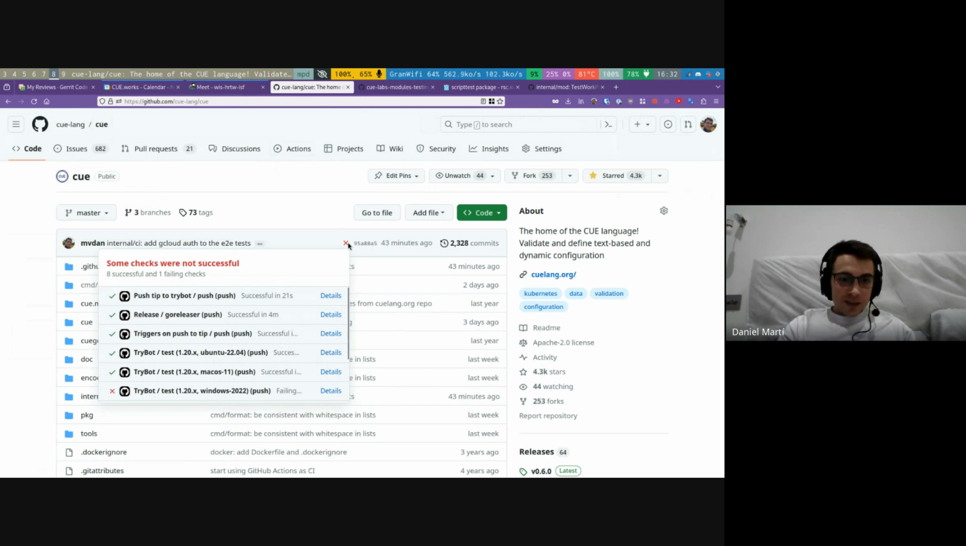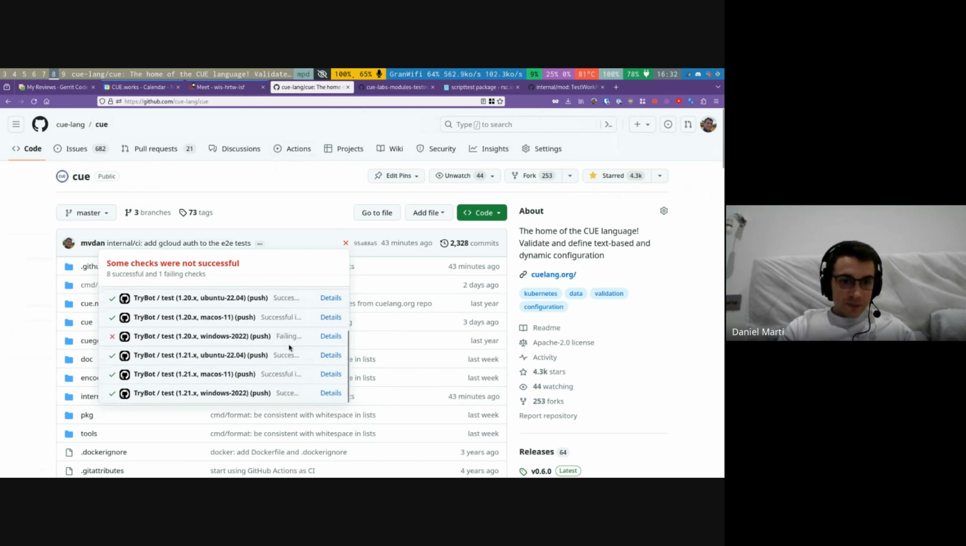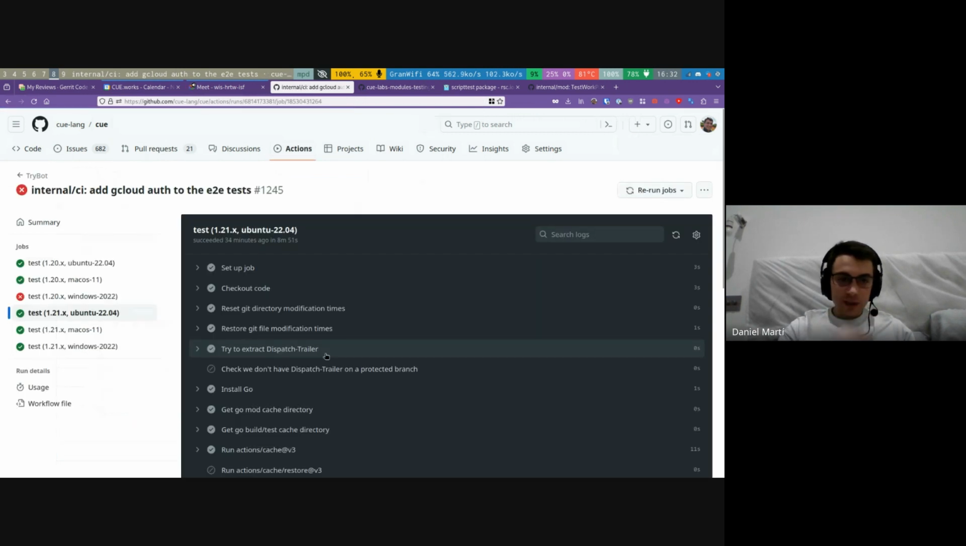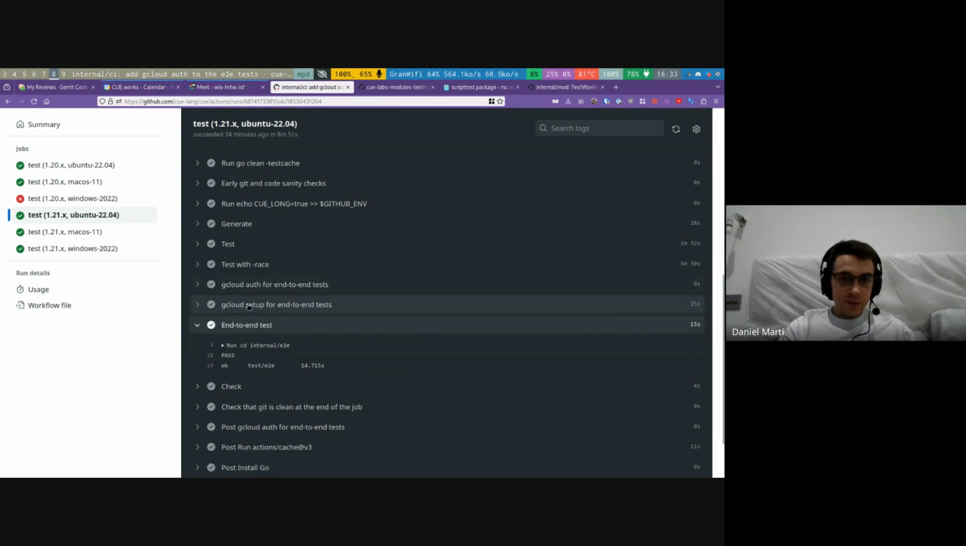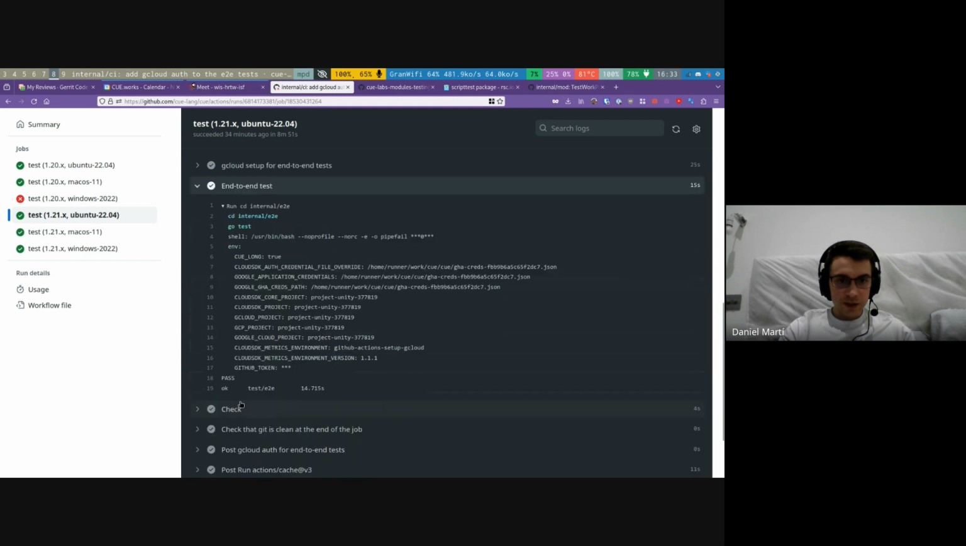But if you go to our latest master commit and you look at what Linux on the latest Go version is doing, there's some steps that only run on this environment. And you can see here the gcloud authentication is being set up because it's a secret on our CI setup. And you can see that this is running the same end-to-end test I just demoed. It's not with the verbose flag, so you don't actually see what's happening, but 15 seconds, that is both tests